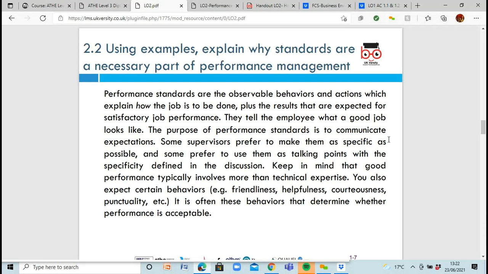So this basically means that you set certain goals for these people to have. Yeah? I don't know. Yeah, so